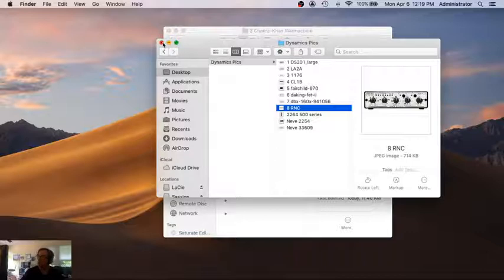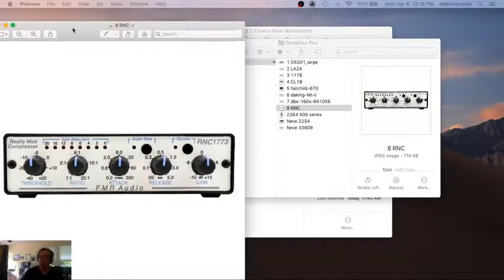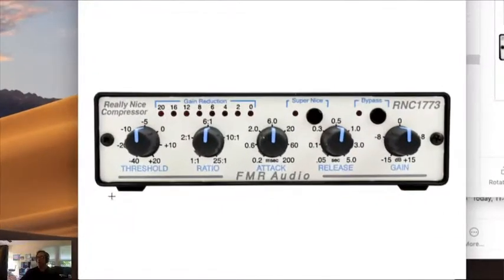There we go. Let's take a look at that one. Let's go back and take a look at this guy. There we go. Ratio. Let's take a look. So let's talk about these controls here, right? So the threshold control, remember,